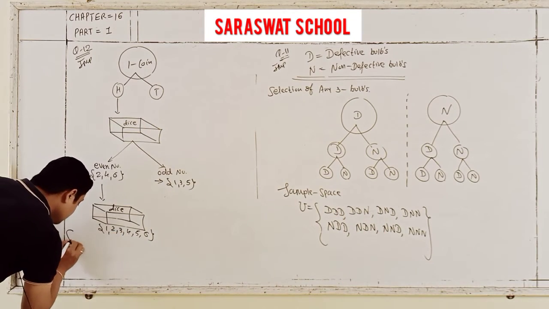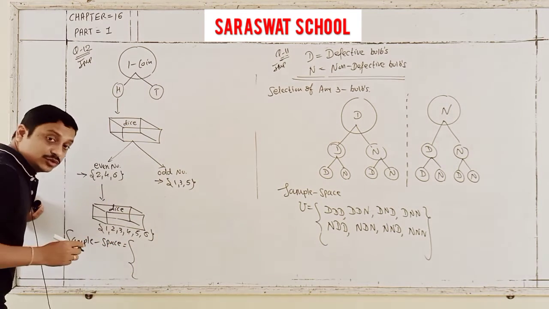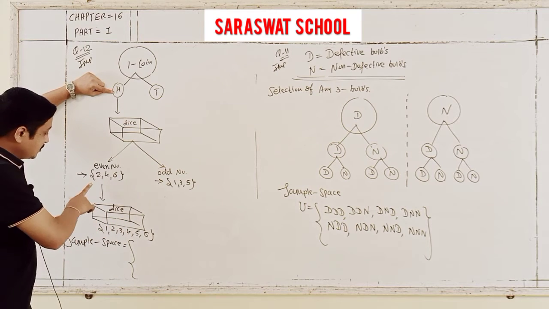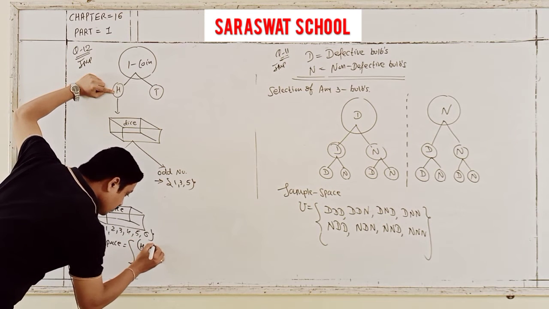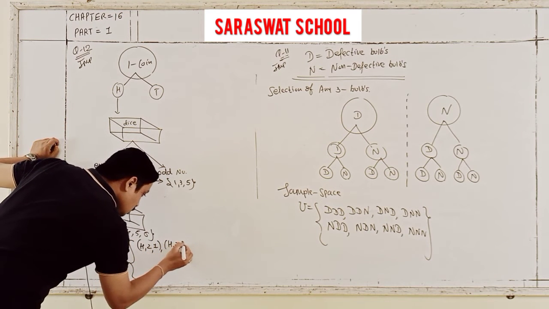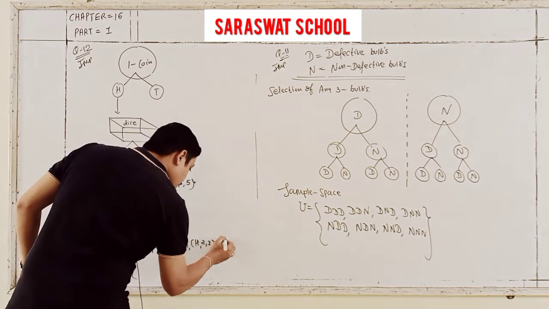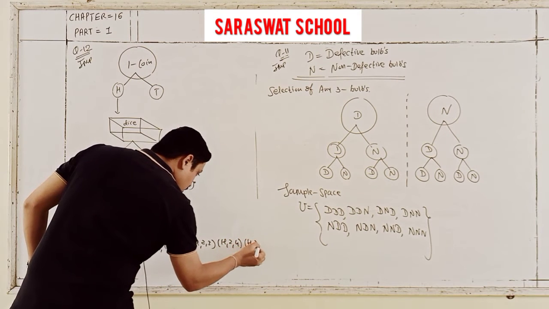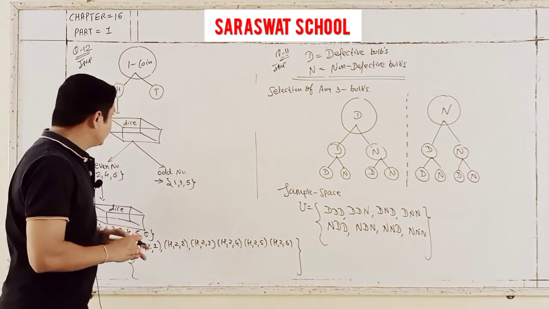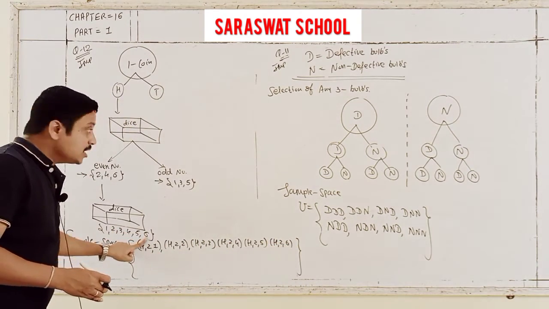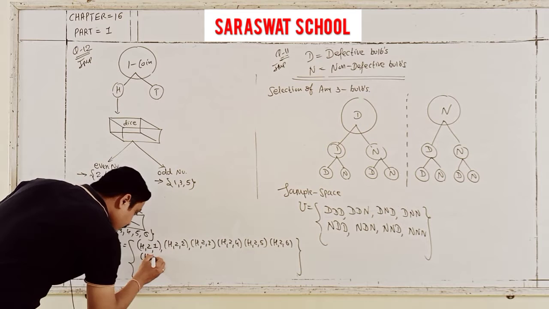So my sample space, total outcomes, we note here first: H2 with all 6, means H2 1, H2 2, H2 3, H2 4, H2 5, H2 6. That's done. Now the chance for H4 with all 6, means here H4 1,